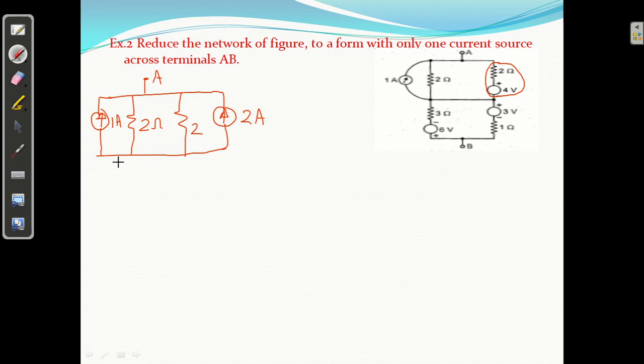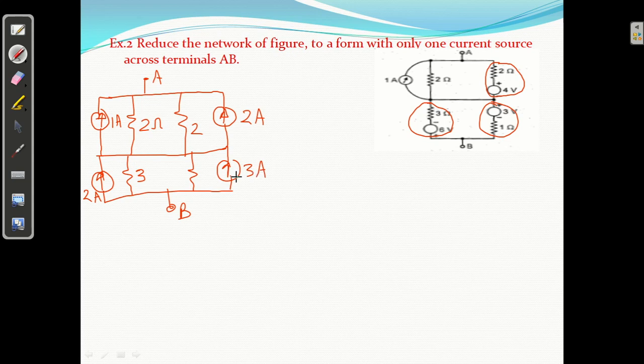Similarly here, I am going to convert this into a current source, right? So you will get one resistance here and a current source here, one current source here and resistance here, right? This is point B. So what is the resistance here? 3, or what is the value of current source? V upon R equal to 2 ampere. Similarly here 3 volt upon 1 ohm, 3 ampere, clear, and resistance will be 1 ohm.